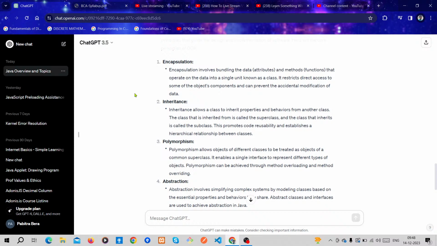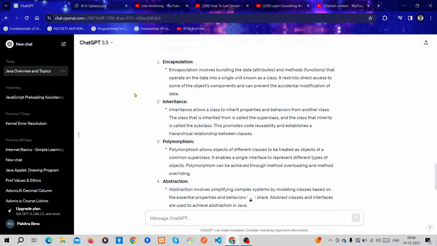In encapsulation, a class combines or binds two things, data and methods.